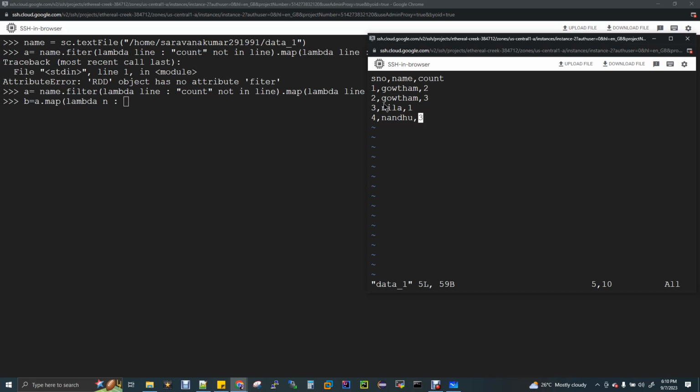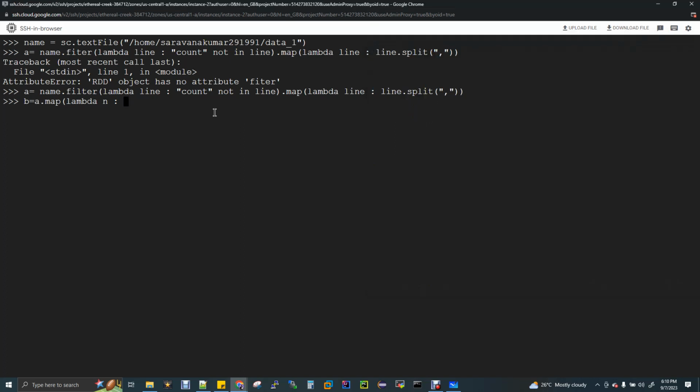If you see here, the serial number starts with 0, name is array of 1, and count is array of 2. So we have to take array of 1 and array of 2. So string of n of 2, in square brackets because it's an array, and then int of the last one, because the count is actually an integer. Currently it is a string, and I'm converting it to an integer, that's why I'm giving int of. Now dot